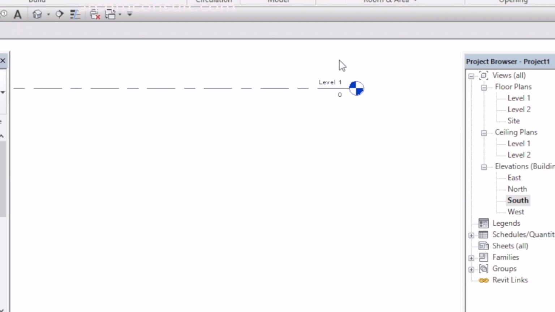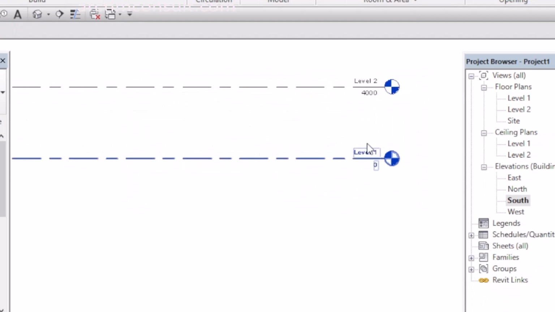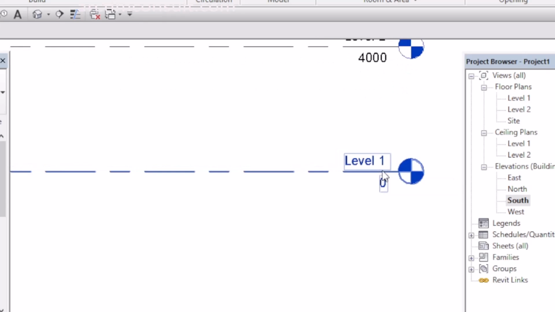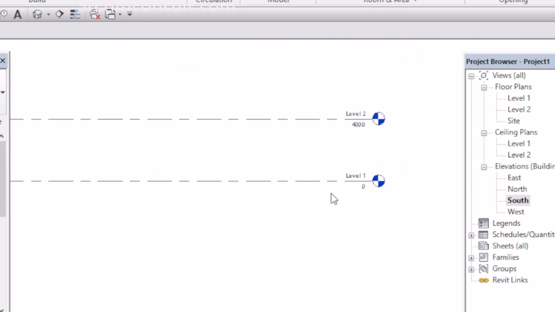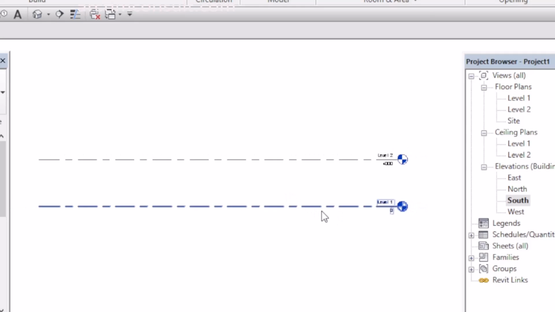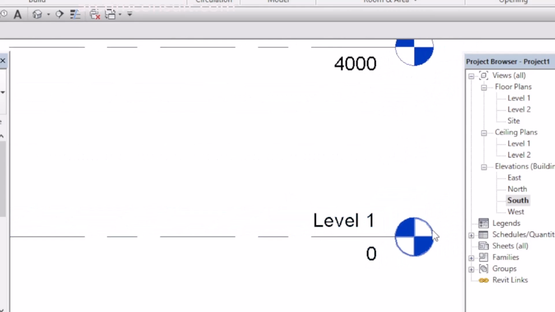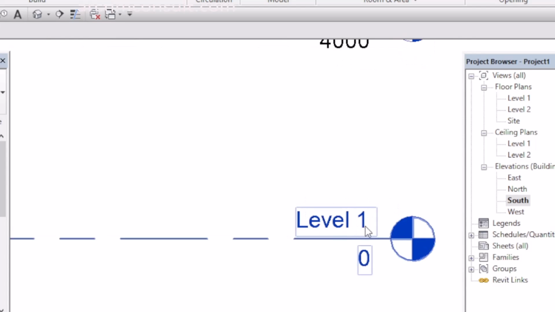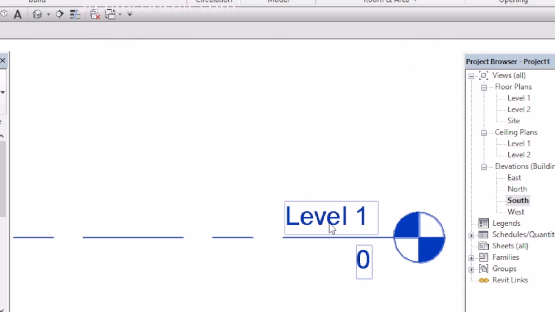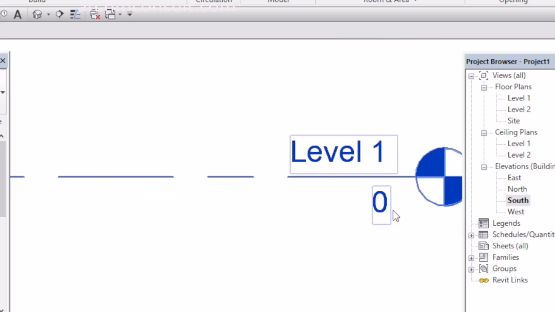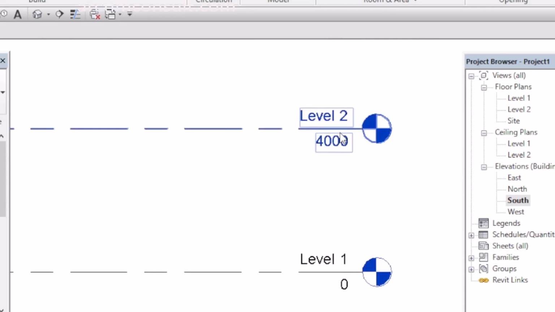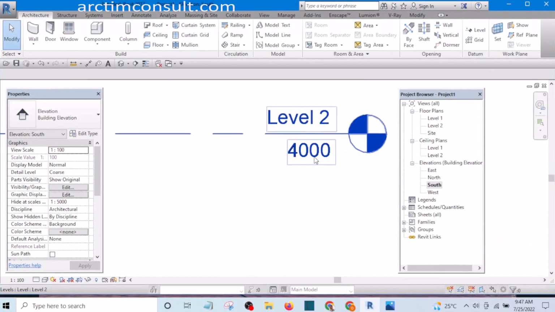I don't have anything to do with them. So I am starting from level 1, and my level 1 is assumed to be the natural ground level. That means the height is at 0 level, and you see the height of this one. This is at